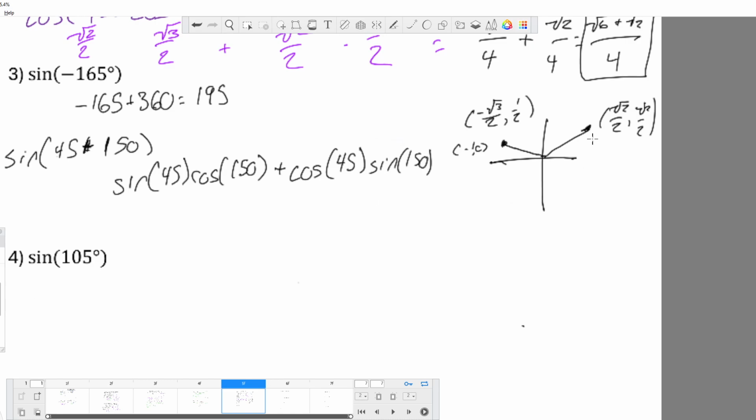And then we just go through and plug in what we know from our unit circle here. Sine of 45 is going to be that value right there, so square root of 2 over 2. Cosine of 150 is this value, so negative square root of 3 over 2